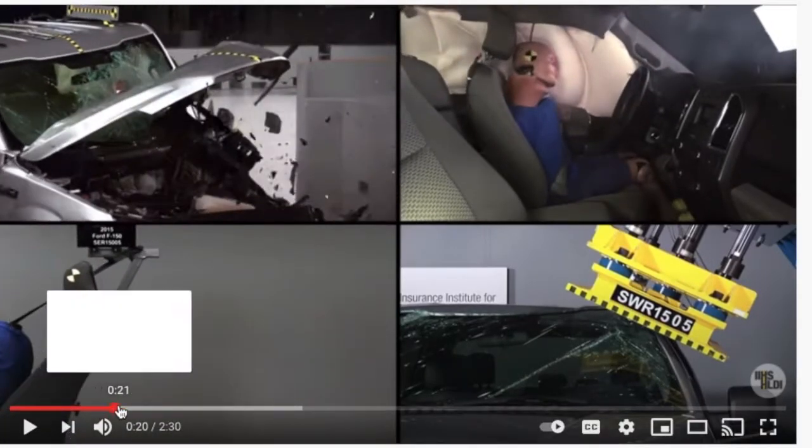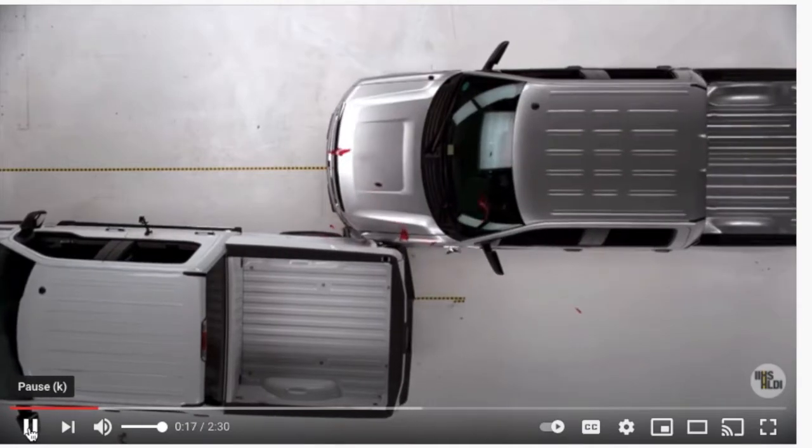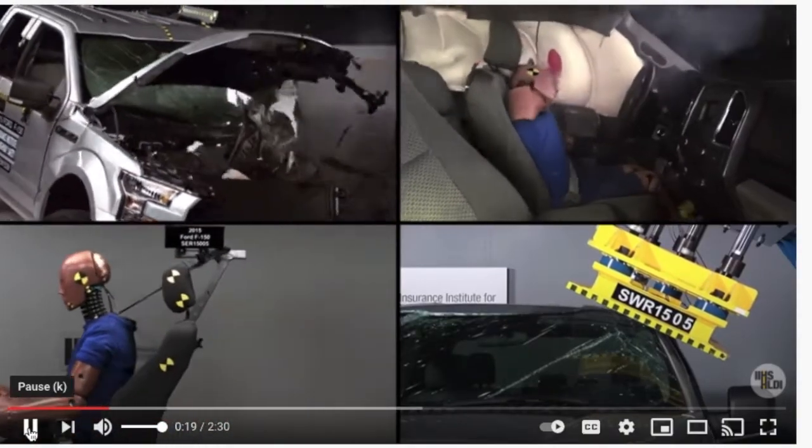Just appreciate every time they do this, you're basically ruining a vehicle, right? And some of these trucks can be $50,000. So when you see them crash, the car companies actually donate their cars to the Institute to be tested, because if they get tested and they get certified that they're safer, then you can sell them or market them as a safe vehicle. So every time you see them crash, to higher speed tests, $50,000 vehicle there.